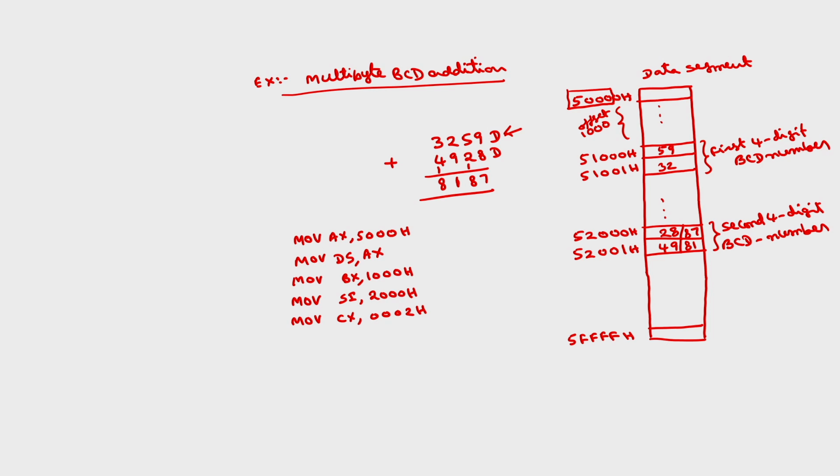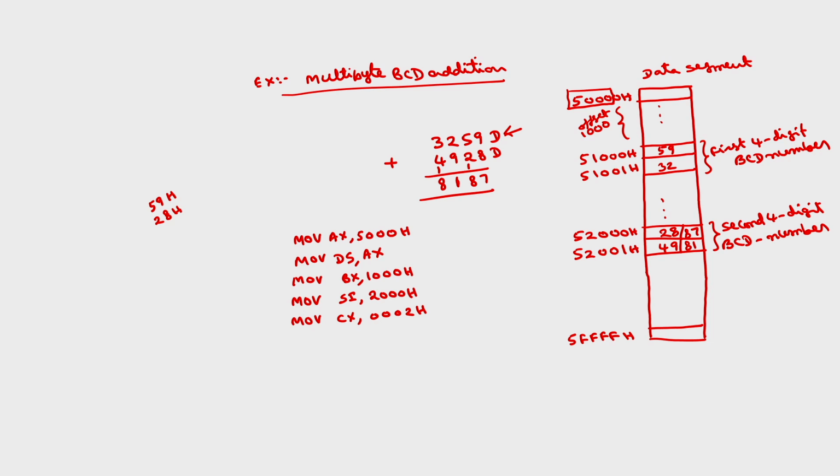Now the question may arise that why don't you perform directly 16-bit addition? Because the microprocessor 8086 is a 16-bit microprocessor and we have 16-bit registers, we can add 16 bits together. The reason for that is, this is BCD addition. So in order to get the BCD result back, okay, this will operate only on register AL only. Okay. For example, if I add this 59 and 28, the microprocessor will take this one as hexadecimal.